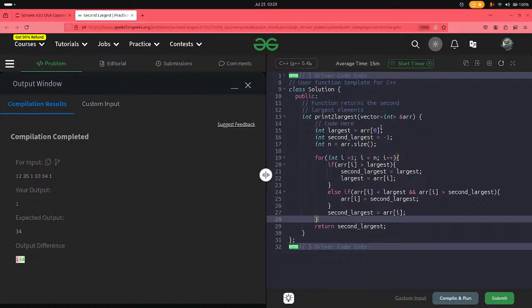And it is the largest and done. Oh no. When that is true, second largest